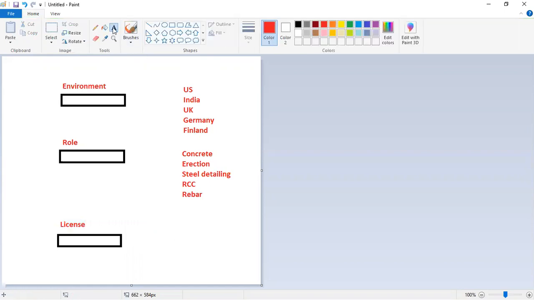There will be a type of license which we can choose from. Different kinds of license will be available.